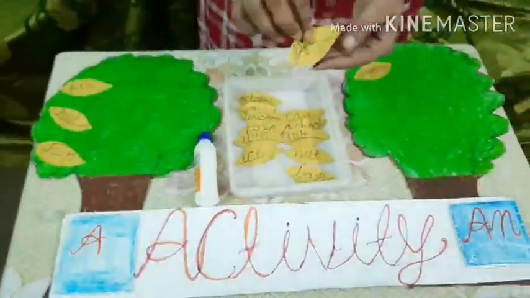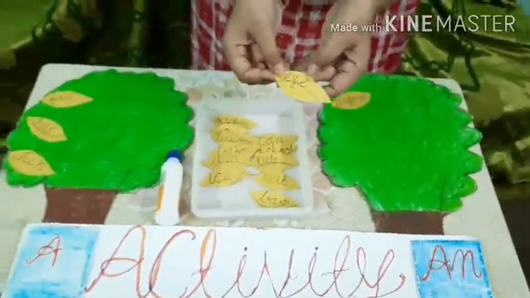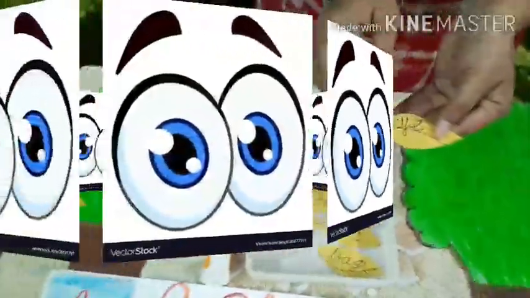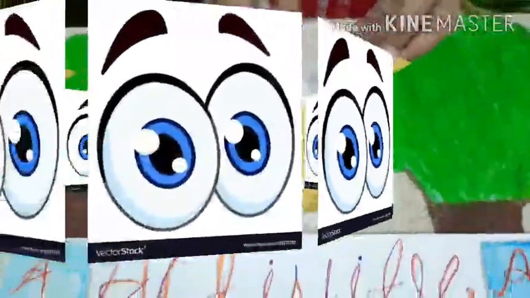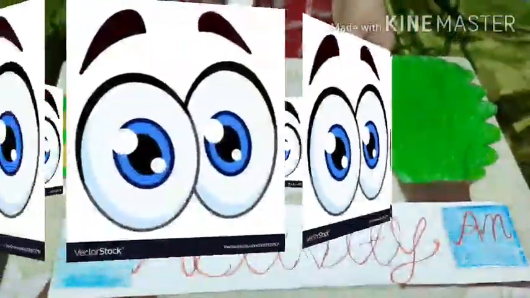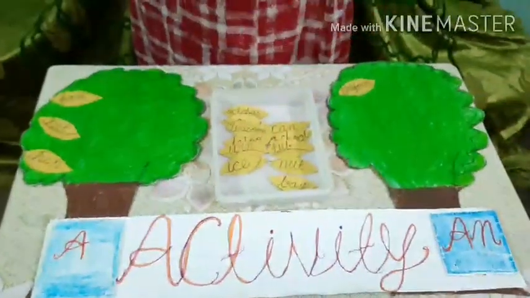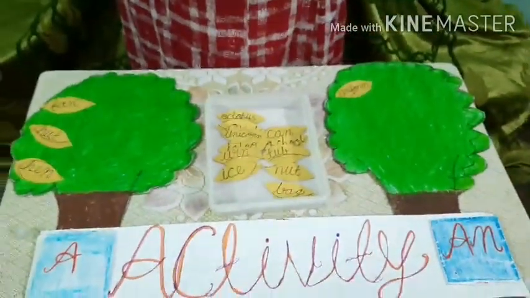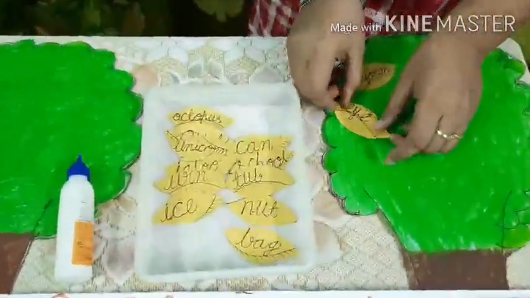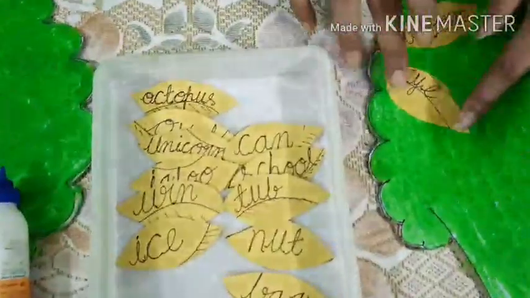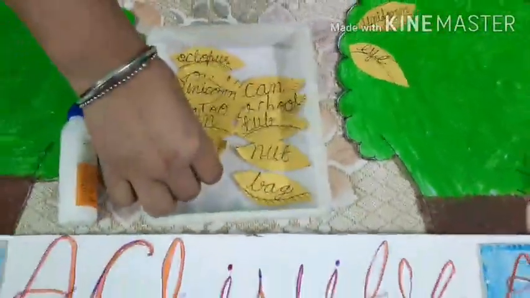Now come here. This is E-Y-E. Eye. How many eyes do we have? 2 eyes. Now see the beginning alphabet. Is it vowel or consonant? Yes, vowel. So where will it go? It will go with an. Oh my God, it looks so beautiful.